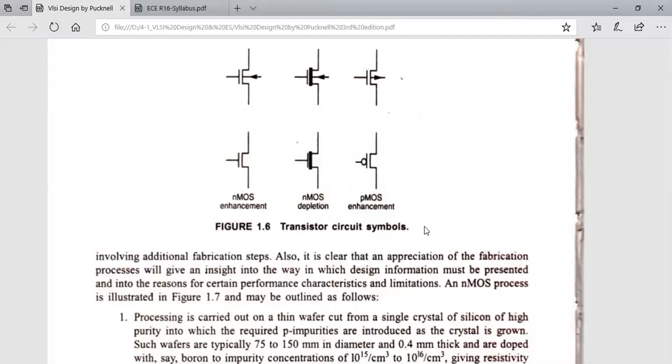They will be like this. They first will be starting from the cutoff region. That means when we started for an NMOS transistor, when we started giving it some positive voltage, it is starting from 0 volts, but there will not be any change in its operation. So that means it is in the cutoff region. Cutoff region means here it is off. That means transistor in the off situation.